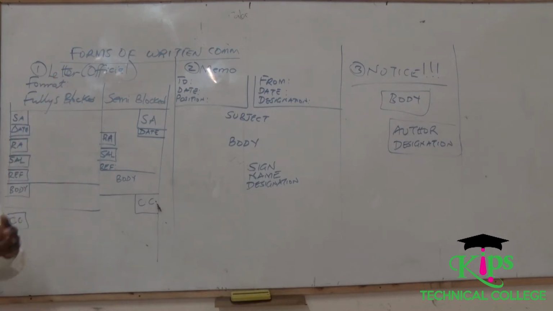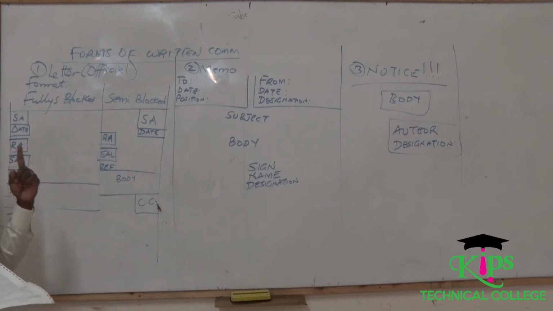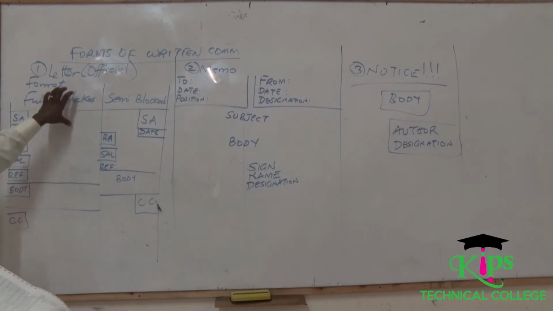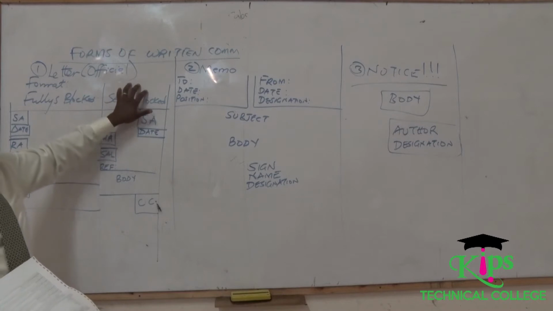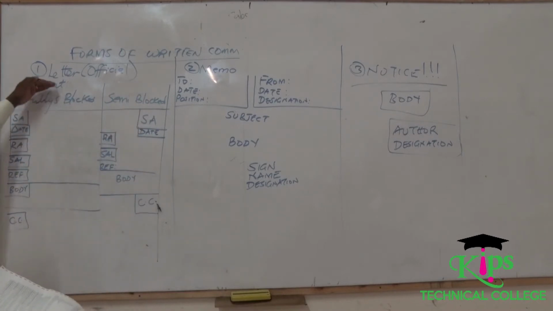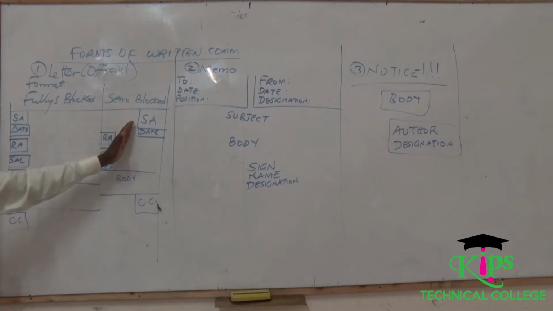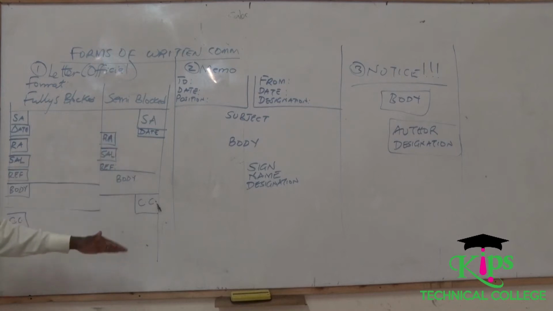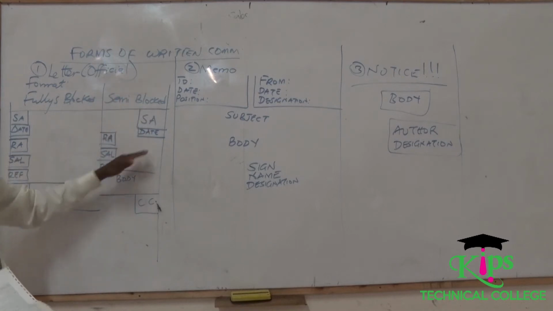Now, these letters are usually two, but we are not going to look at the friendly letter; we are going to look at the official letter. This official letter has two formats: the fully blocked and the semi-blocked. Under fully blocked, all the items on the letter appear from the margin. But for the semi-blocked, the sender's address and the date are on the